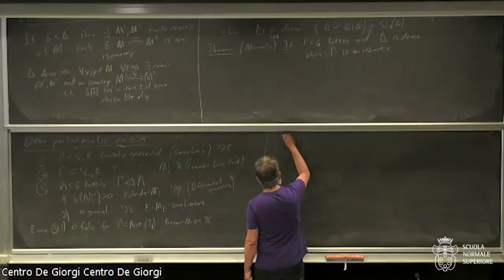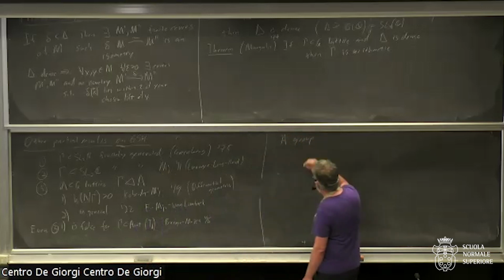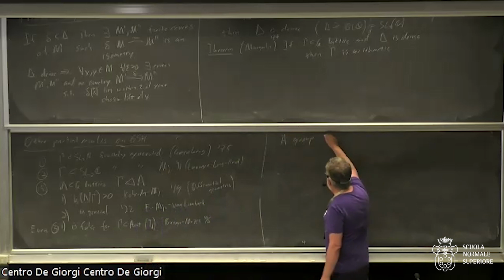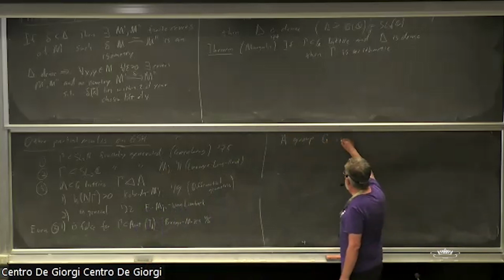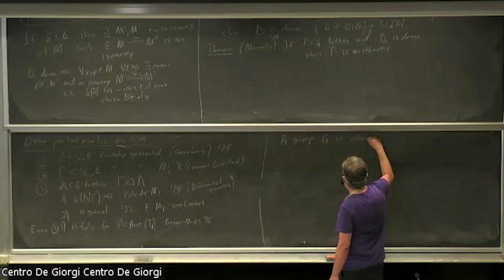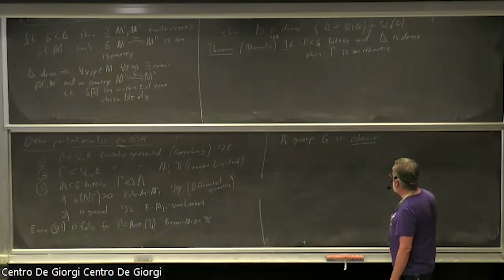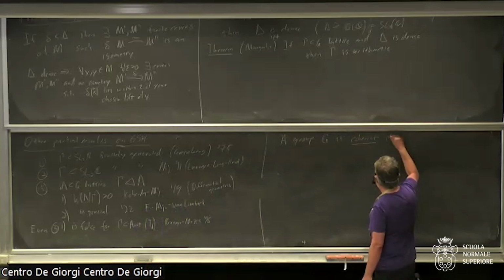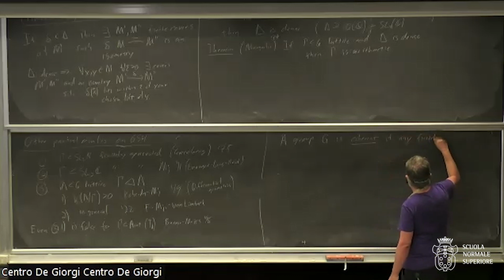If a group, and here I don't know which kind of letter to use, a group G, it's either discrete or continuous or whatever, is called coherent. And this is a definition that I believe, all I know about this comes from early work on the question due to Serre, and I think the definition is even due to Serre, but I'm not sure. If any finitely generated subgroup